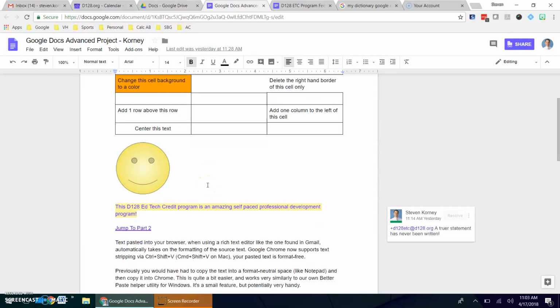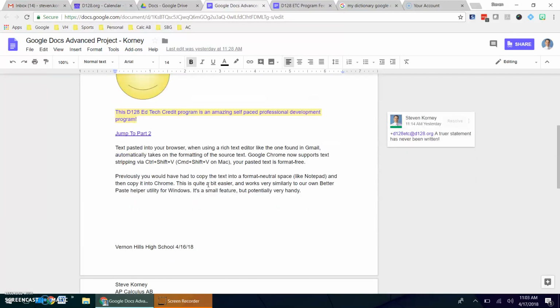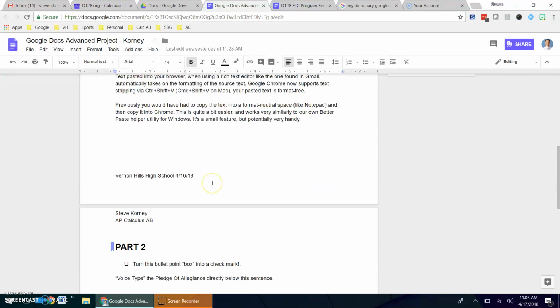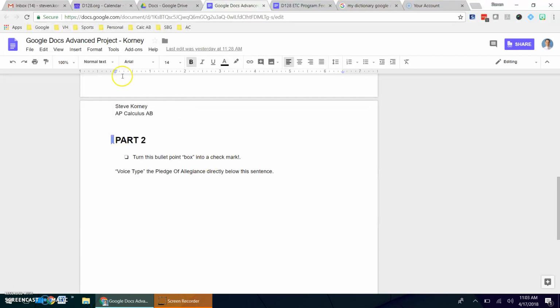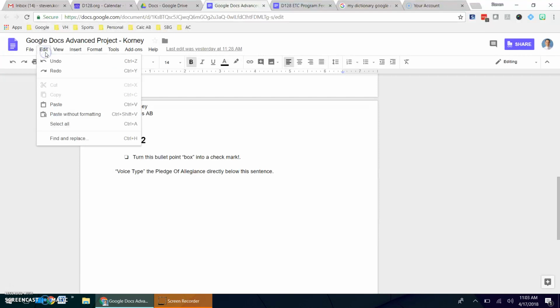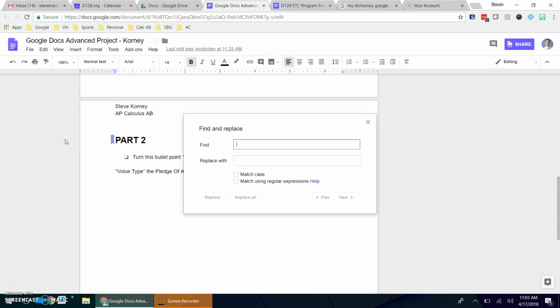Okay, I am completing part 2 of the Google Docs Advanced project for the EdTech Credit Program. First step is to use the Find and Replace feature to replace